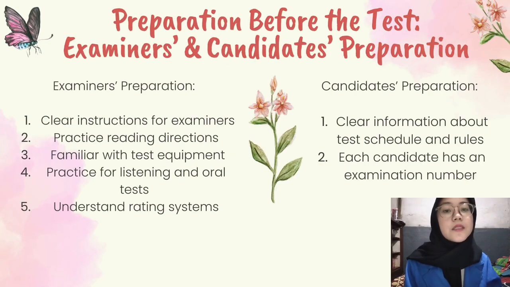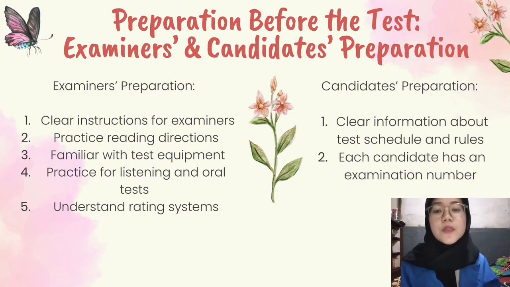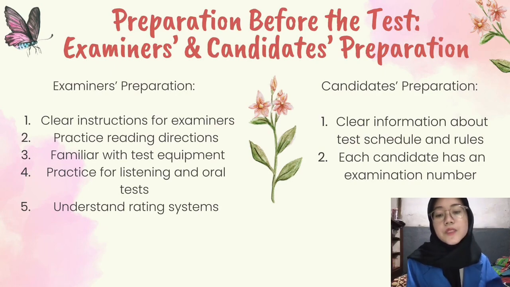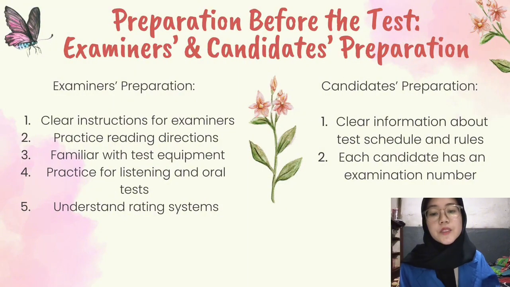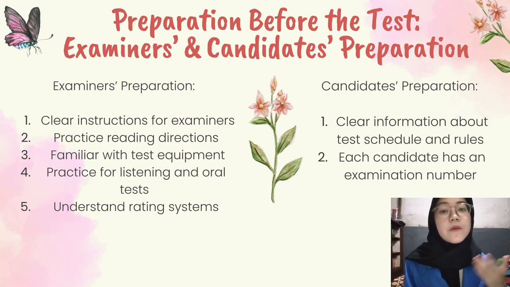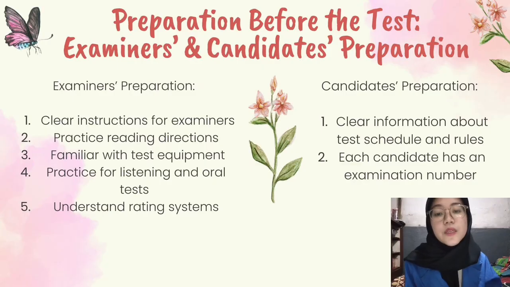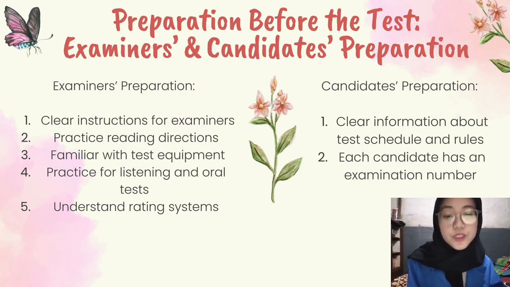Next is still preparation before the test, but this is for examiner and candidate preparation. For examiner preparation, number 1 is clear instruction for examiners. So they must receive clear instruction before the test. And number 2, practice reading directions, and they must practice reading directions. Number 3, be familiar with test equipment. Examiners should know how to use test equipment and understand